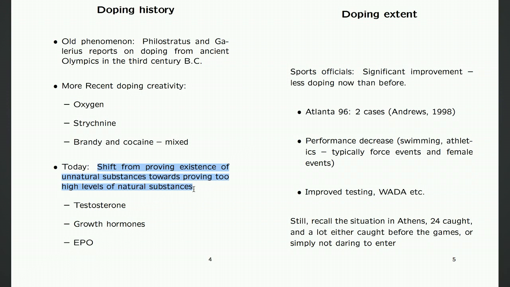But that was kind of easy to discover. You can measure what is natural in the body, and then of course it's perhaps easy to measure what's not natural in the body. And there are certain hormones typically which are related to our body and impact our performance. It could be our stamina or our strength typically. And especially testosterone, growth hormones and blood levels are crucial. And if we can add substances that we cannot track, but which have the effect that these natural hormones reach a level which improves our performance, then of course this is hard to find.